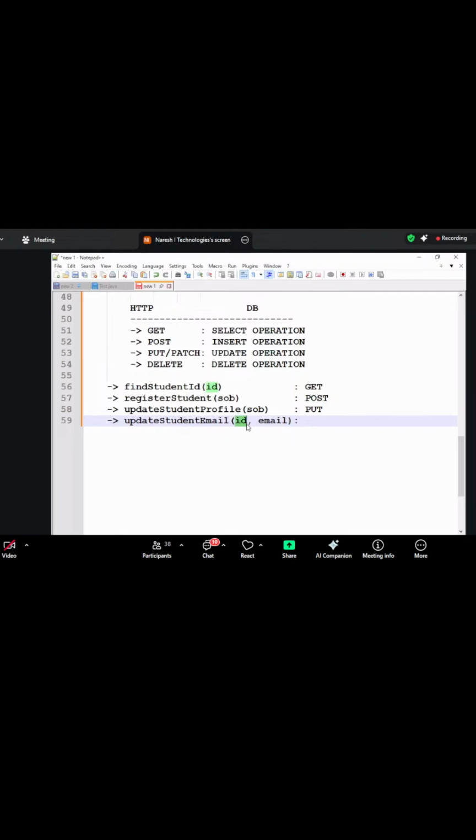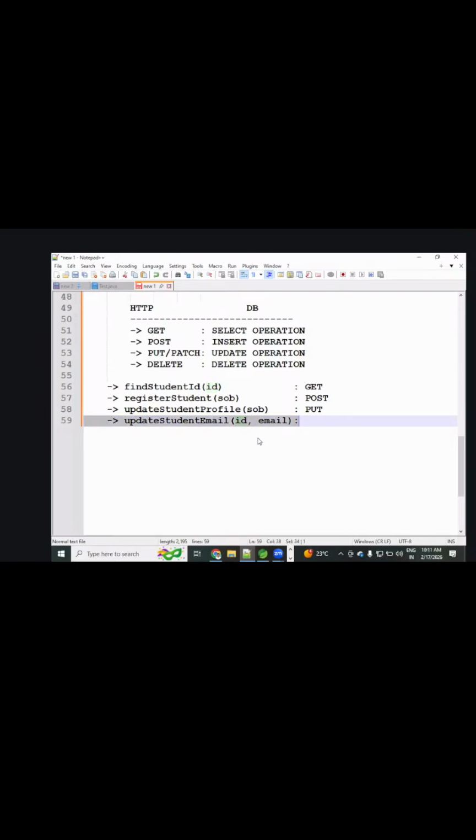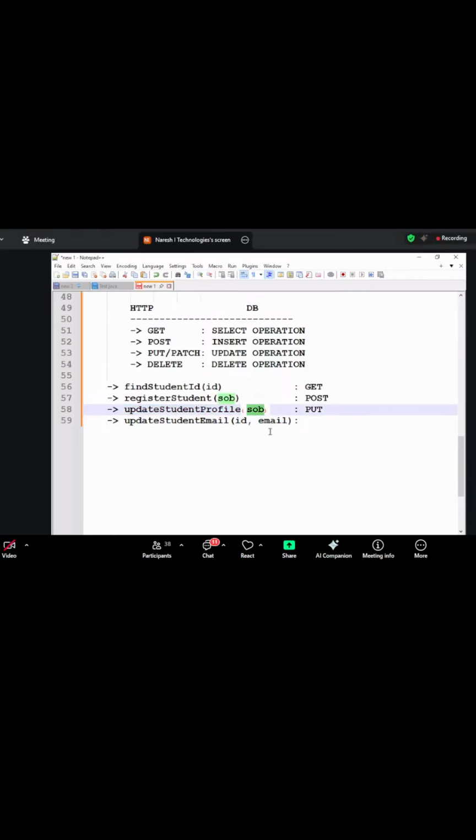It is representing the respective student, right? For that respective student, which one are you going to update? Only email. Getting my point? But here, what? Update student profile completely. I am passing the student object. Yes, OB, student object. It is not predefined, I just wrote it.